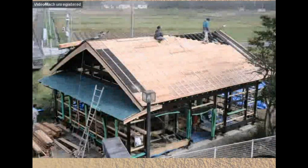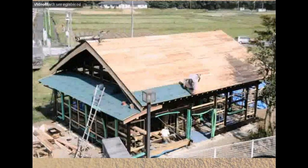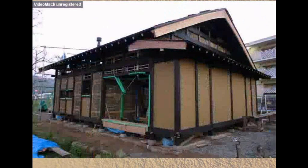The whole thing? The whole thing, yeah, the rafter. Like crown? Yeah, you can kind of see there. And you'll notice that most of the roof lines in traditional Japanese architecture aren't straight. They're either bent in that direction, or you see in the temples the opposite direction. And once you get used to seeing that, when you see a straight roof line, it's